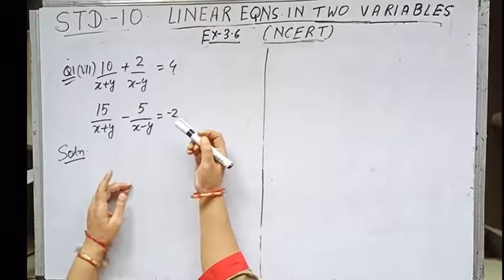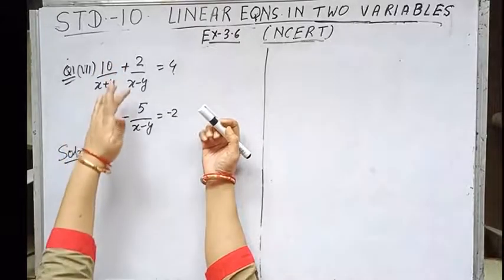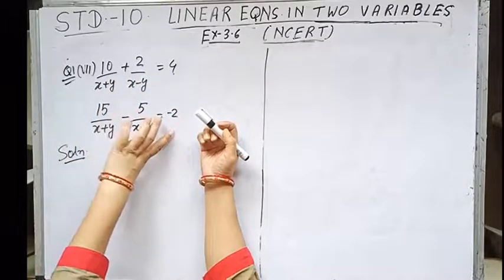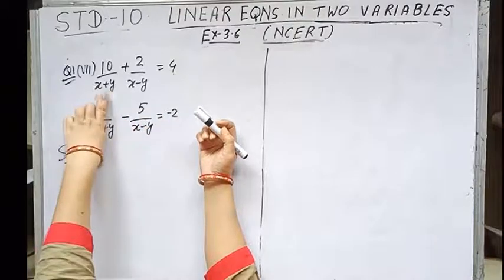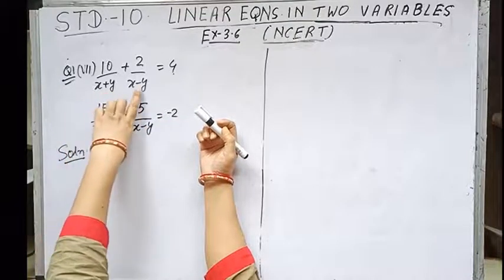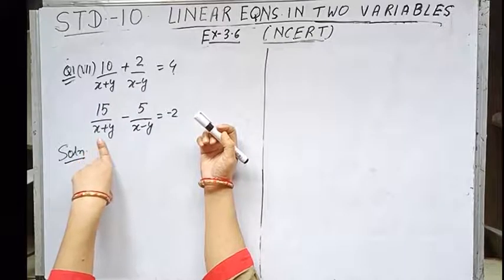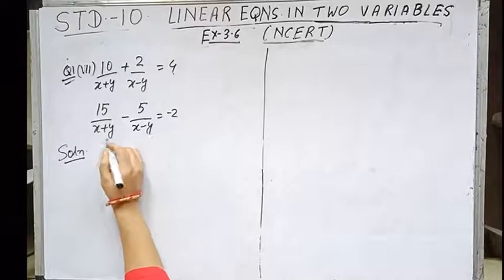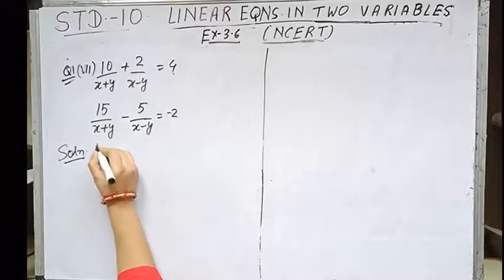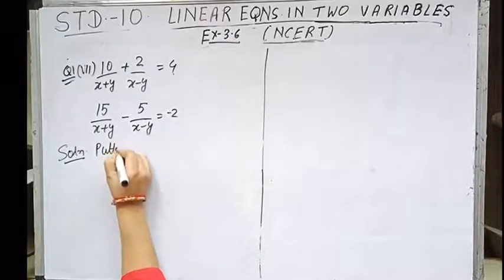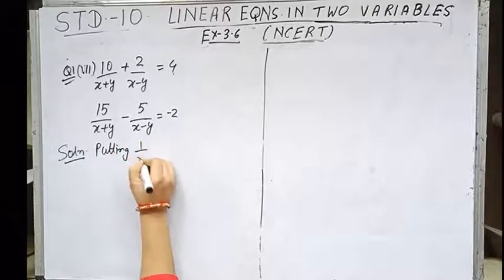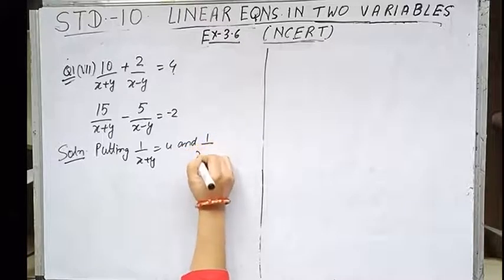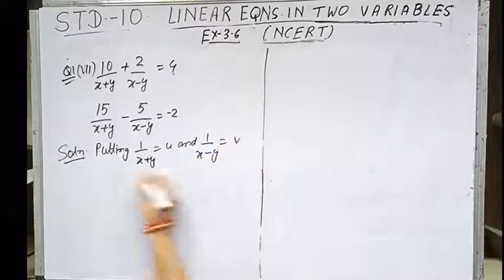The system of the linear equations given are 10 by (x + y) + 2 by (x - y) = 4, and 15 by (x + y) - 5 by (x - y) = -2. Children, take care over here in the denominator x + y, x - y. Similarly over here in the denominator x + y and x - y. So we can suppose this as any other variable. So putting 1 by (x + y) = u and 1 by (x - y) = v,